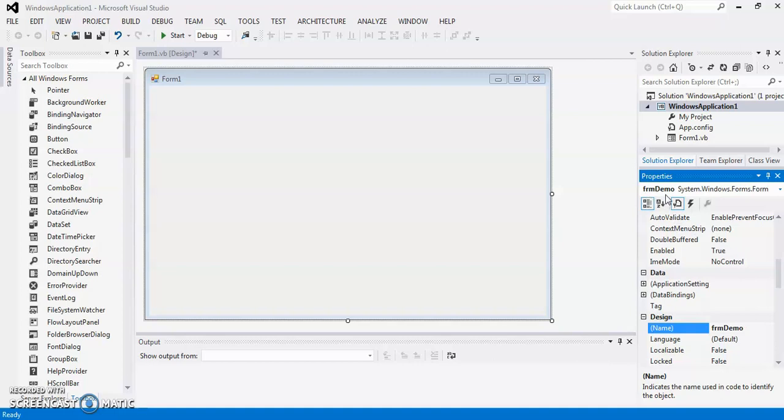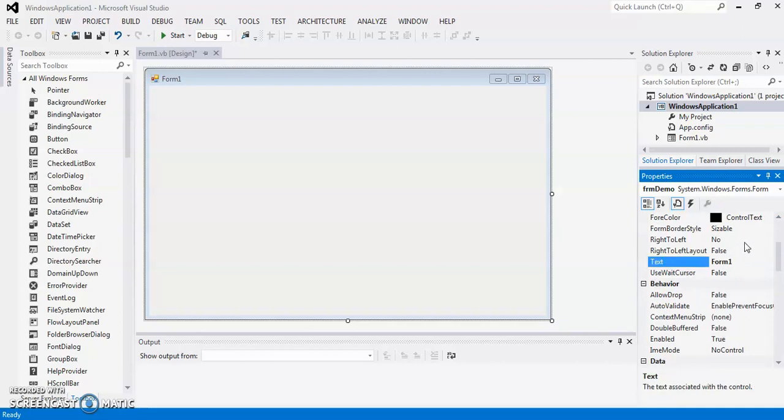So now the name changes, but the name which appears on the title bar does not change. It can be changed using the text property. This text property allows you to specify the text that will appear on the title bar of the form. So I am going to change it to demo, and then you press enter and you can see that demo appears here.